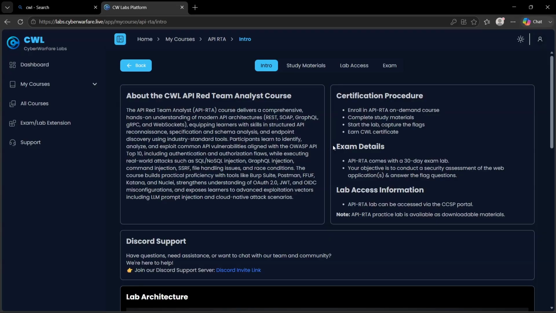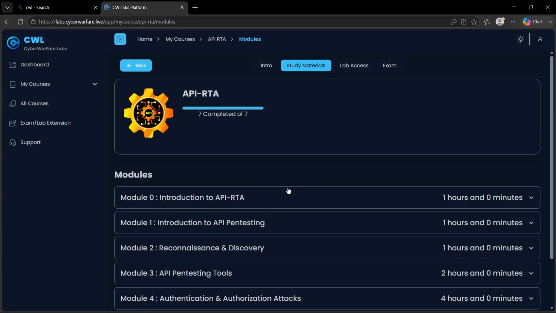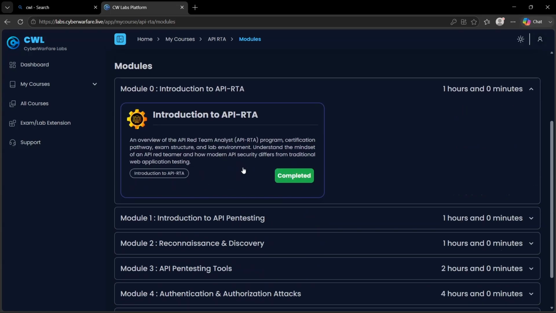This exam is like the Web RTA. The exam has a 30-day exam lab in it, like the Web RTA, which you may watch in my previous video. This one is about APIs, and it will cover topics like REST, SOAP, GraphQL, gRPC and WebSockets, which you've seen here. In the study materials, first you will have some introduction about